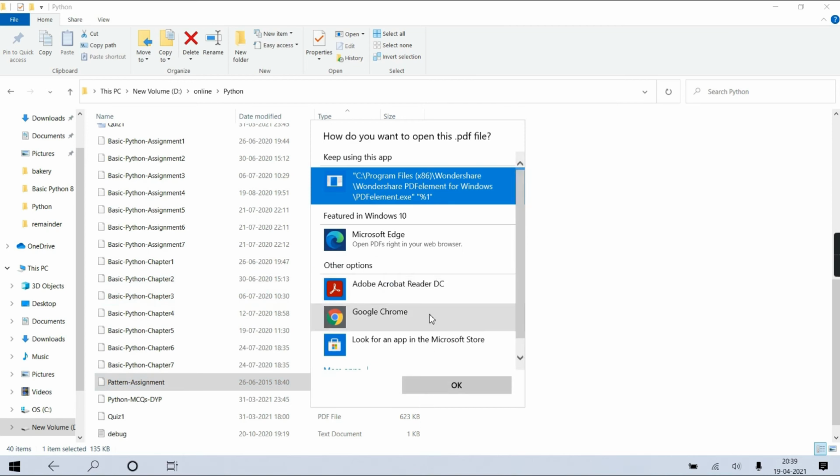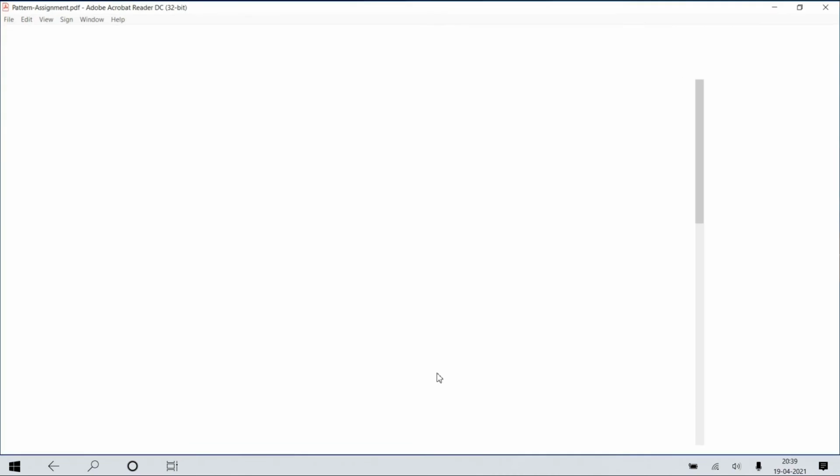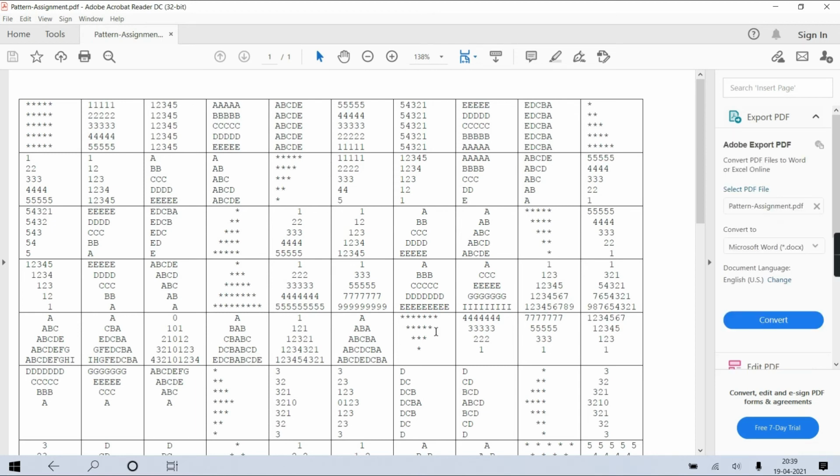Sir, in assessment 1, there is a question: if we have 20 rupees, then how many 1 coins, 5 coins, or 10 notes will be distributed? So the denominations are to be printed. So we have to use some permutation combination kind of thing? No, just the mod and div operators.